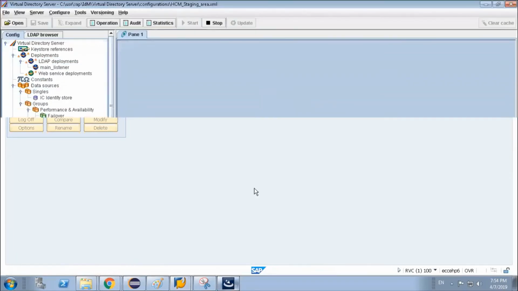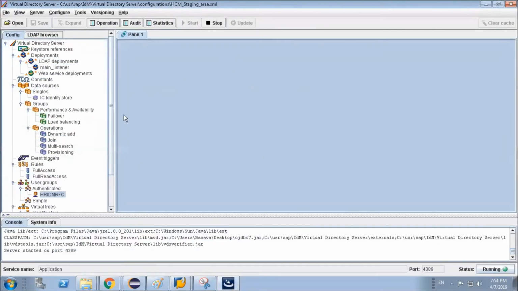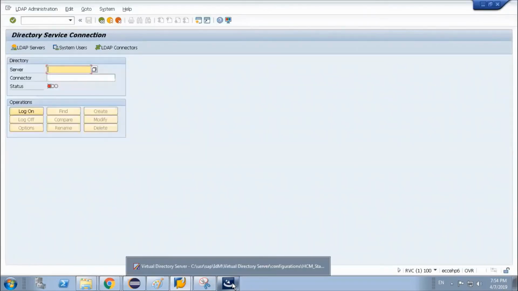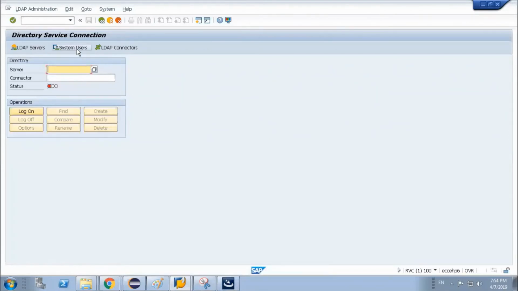Which LDAP server? This LDAP server. The VDS is our LDAP server. Initially I told you, for this LDAP server we have to create a system user and the connectors. We have to maintain.